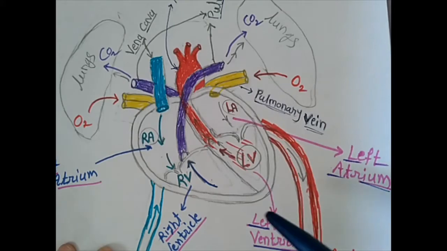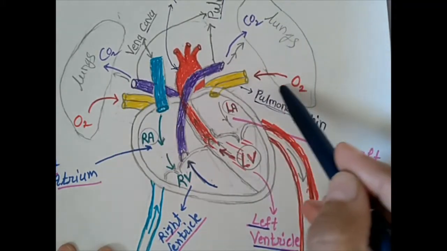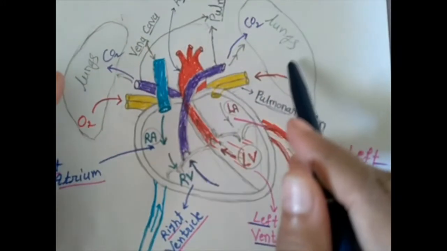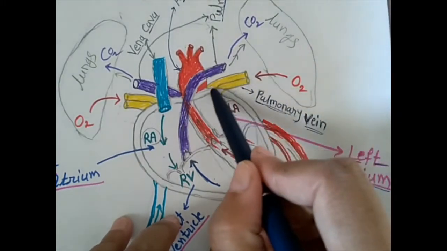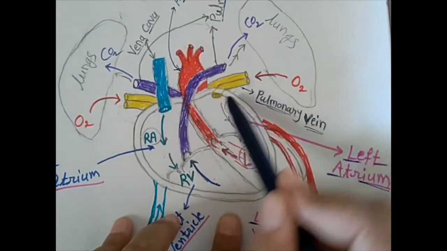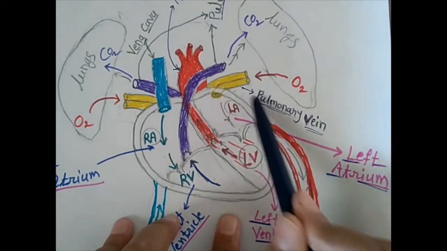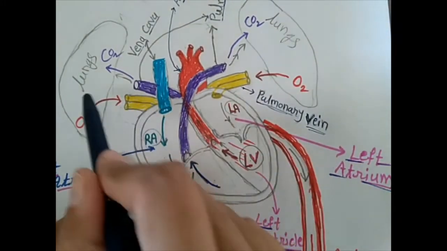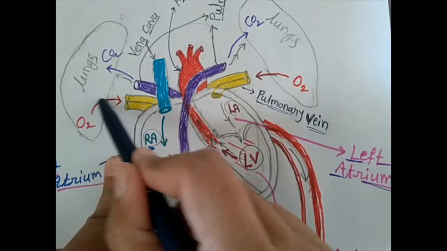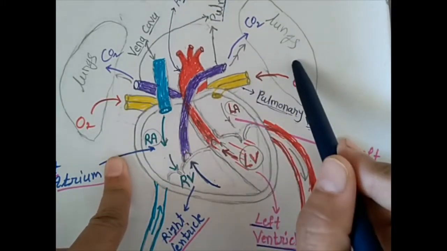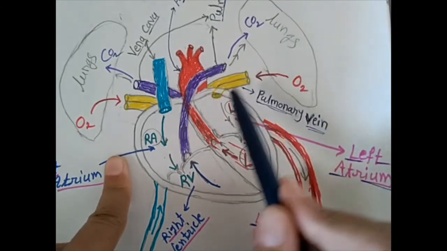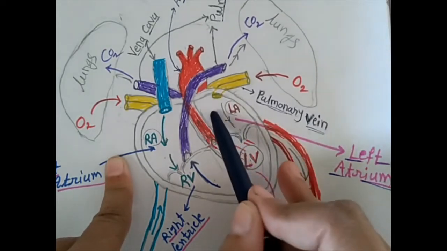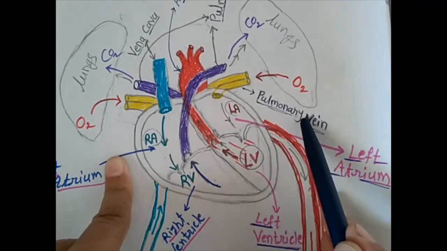अब ब्लड के पास ऑक्सीजन है, then again the oxygenated blood comes towards the heart. अभी from the lungs again the oxygenated blood gets received through that pulmonary vein. This is also pulmonary vein, and this is also pulmonary vein. This pulmonary vein takes oxygenated blood from this lung, and this pulmonary vein takes oxygenated blood from these lungs, and the oxygenated blood is commonly received in the left auricle through the pulmonary vein.